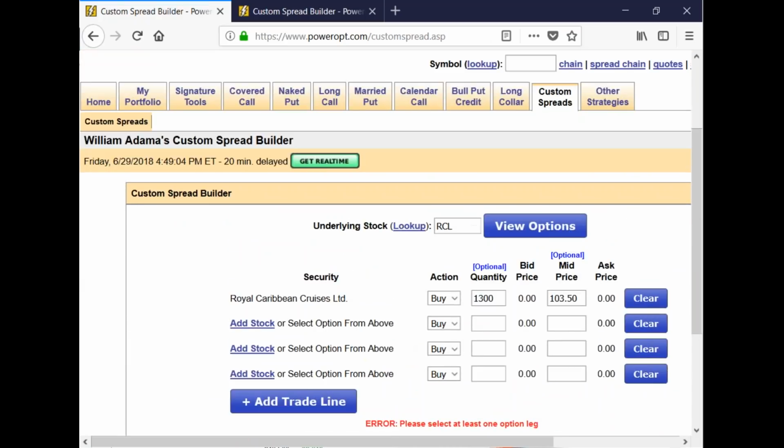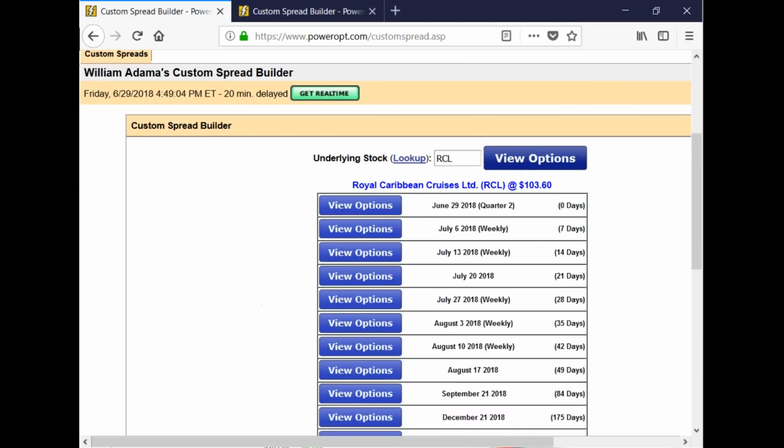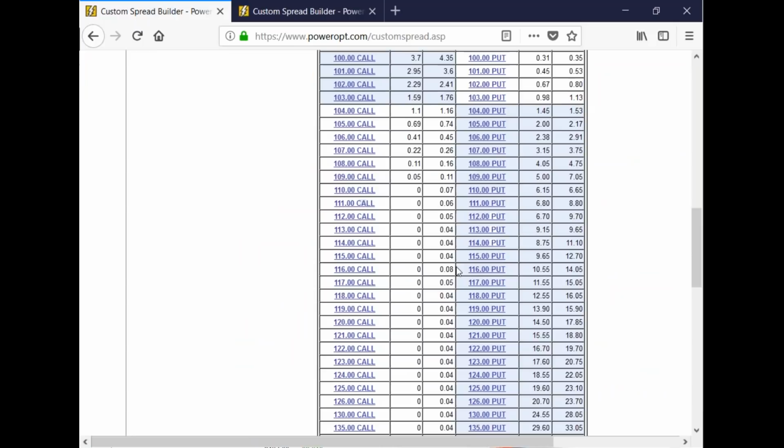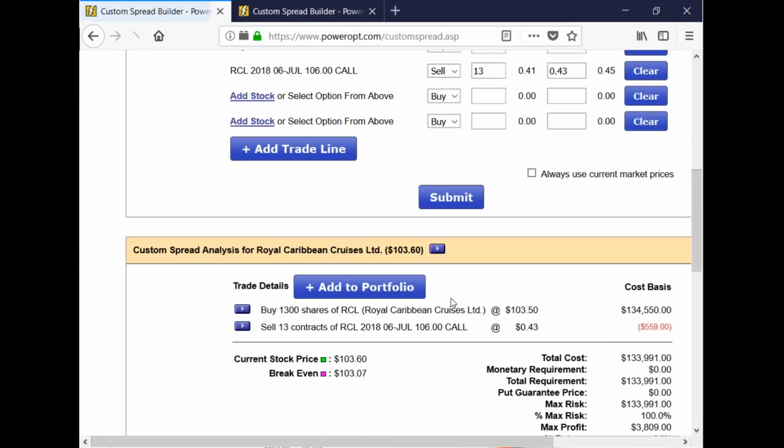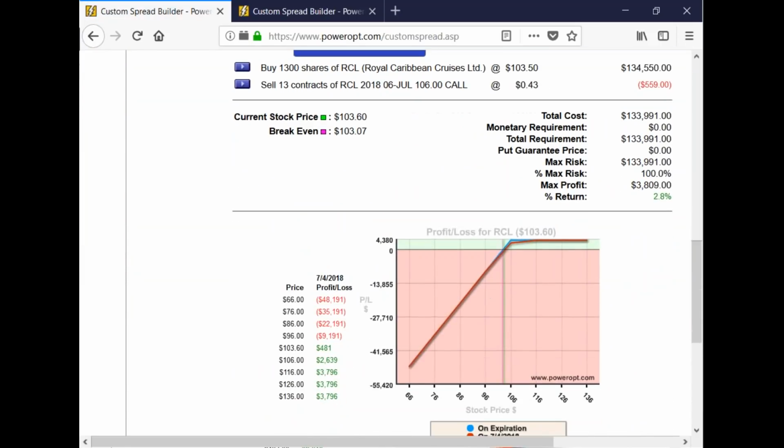Oh, sorry. Now, you immediately sold 13 calls for July 6th at the 106 strike. Good. Okay, a little bit out of the money here, but I'll just use these current prices. So you got assigned, and you sold the calls against it to be a further hedge on the position. All right, 7/6 expiration. I took the profit. Okay.